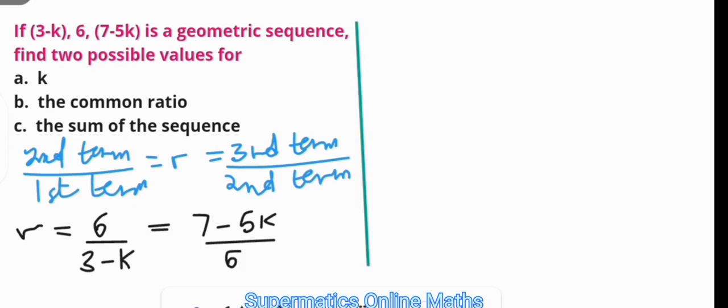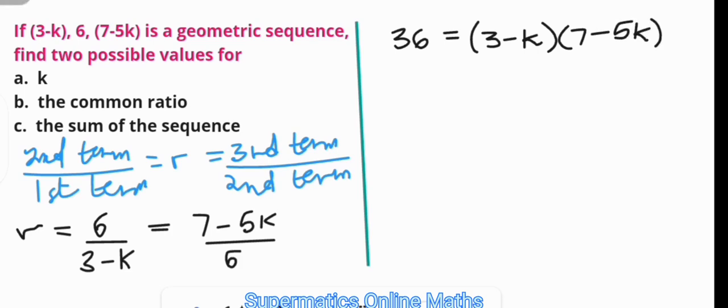Then we take the cross product, which is 36 for 6 times 6, and for the other binomials, it is 3 minus k times 7 minus 5k. Then we distribute 3 minus k to 7 minus 5k on the right side, where we have 36 equals 21 minus 15k minus 7k plus 5k